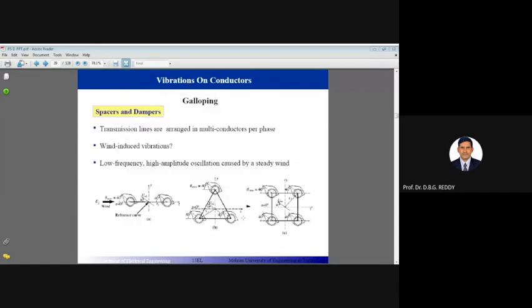Yes, vibration on conductor. Due to weather conditions, the rainy season, winter season, summer season, some vibration will be there on the conductor. These vibrations are also unavoidable. So how do we minimize the vibration? By connecting bell loppings, spacers and dampers. The transmission lines are arranged in multi-conductors per phase. Wind-induced vibrations are low frequency and high frequency oscillations caused by